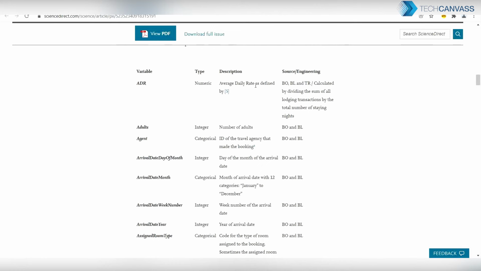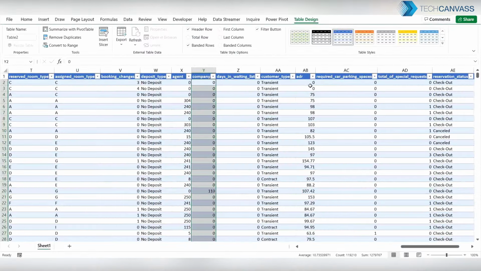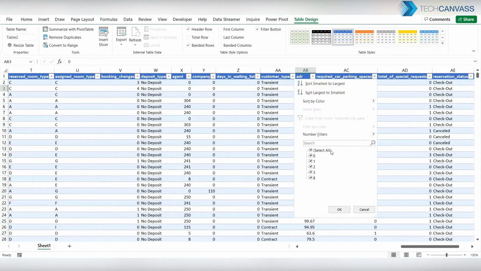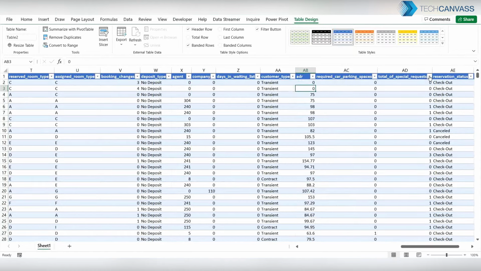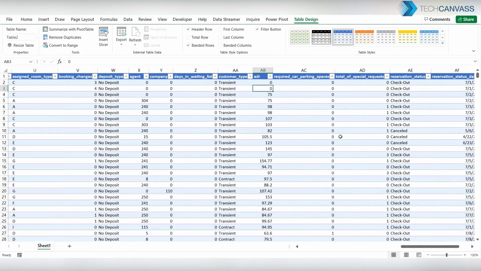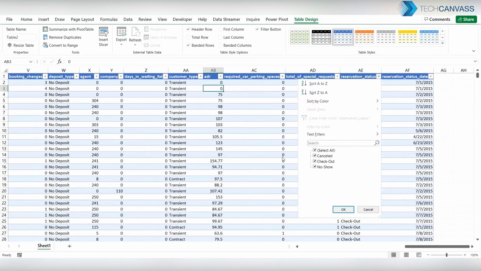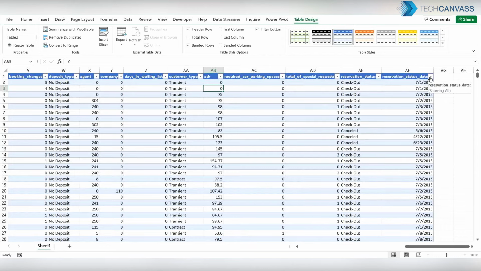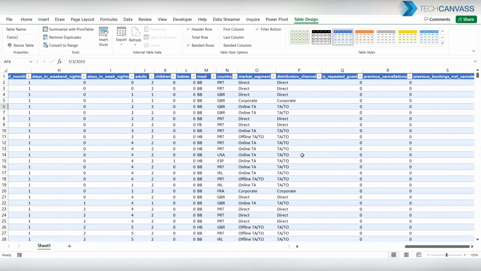So ADR is the average daily rate as defined by American Hotel and Lodging Association. Okay, so this is basically the rate. Required car parking spaces, total of special requests. Okay, what is the reservation status, cancelled, checkout, no show, and the reservation status date. Okay, so we have this data here.